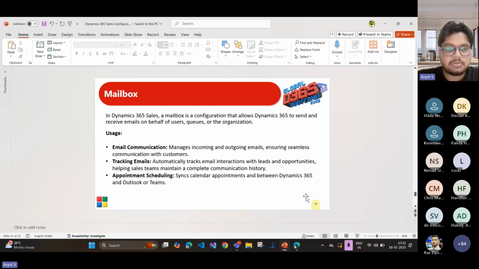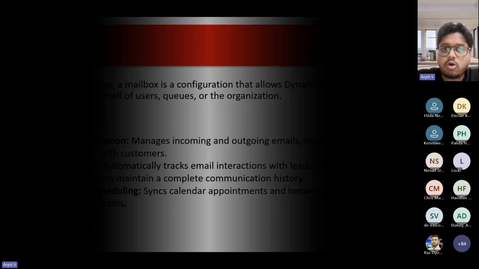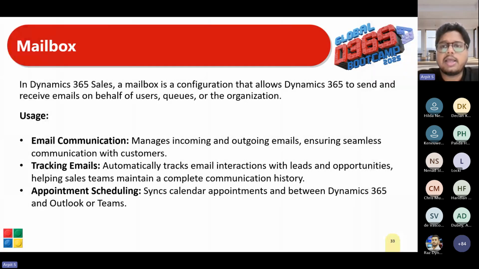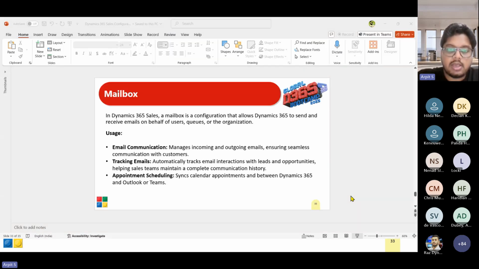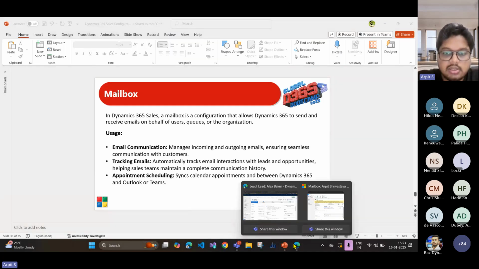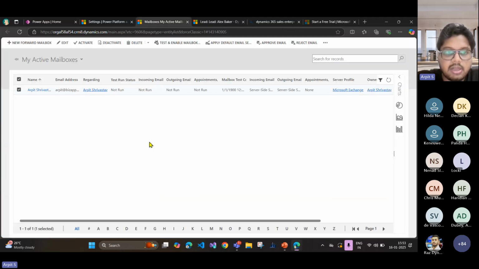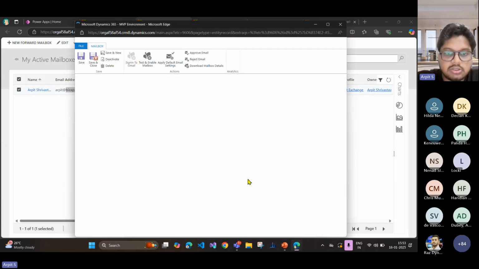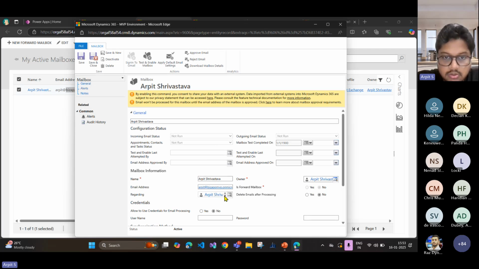In Dynamics 365 Sales, the mailbox is basically a configuration that allows a Dynamics 365 user to send and receive emails on behalf of users, queues, or the organization. As I said, when you set up the mailbox, I'll just quickly show that as well. Whenever you have to set up the mailbox, if I open this mailbox, it is linked to a particular queue. So if I go here,